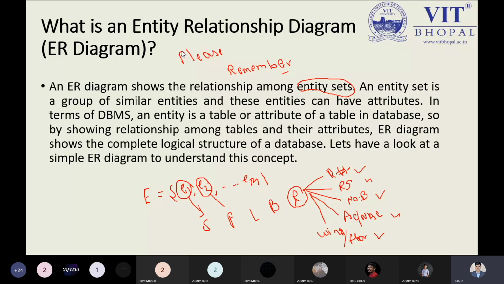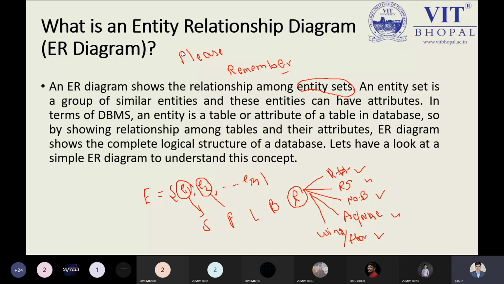But what is an entity set? You can read it over here and understand the concept properly. An entity set is a set which consists of entities, just like a simple set. In a set, we can have various numbers, and all these numbers have their own value. In the entity set, we have a group of entities, and entities are also described by their own attributes. That is a big point to keep in mind.